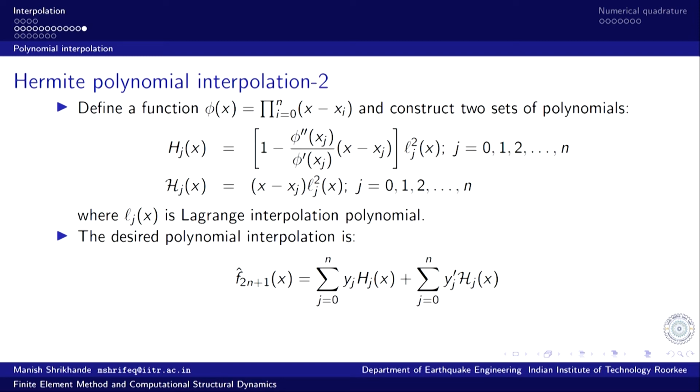Based on this interpolation, the first term provides the interpolation of the function values, and the second summation provides the interpolation of the derivative values at the nodes. Together, this complete interpolation model provides a better model for function approximation, which is relatively smoother than the interpolation model derived only on the basis of function values.